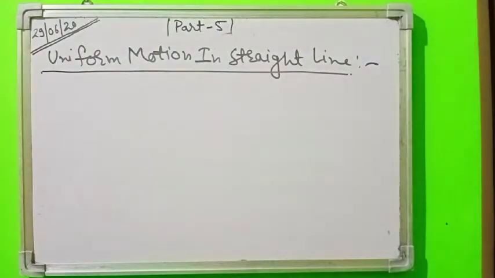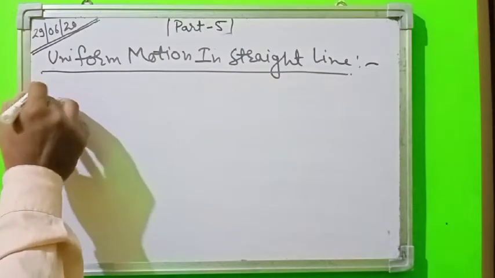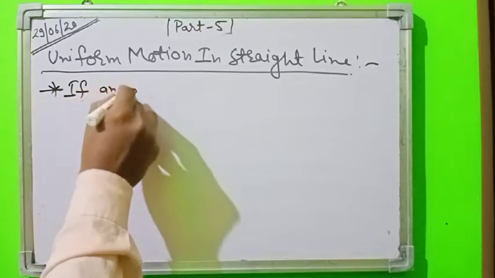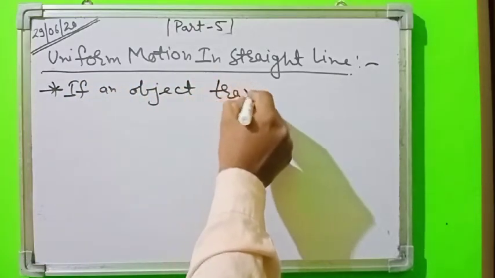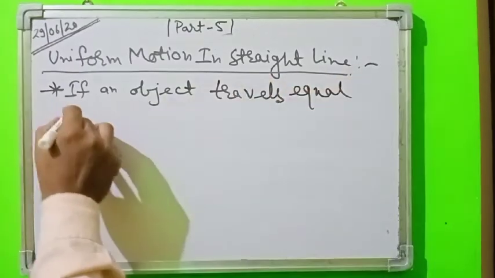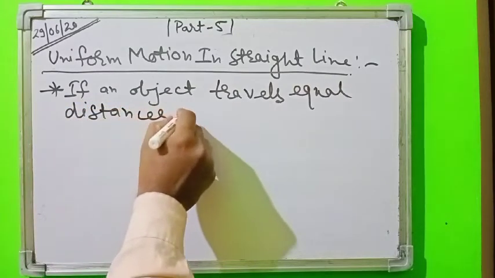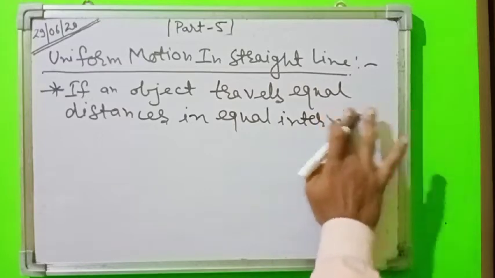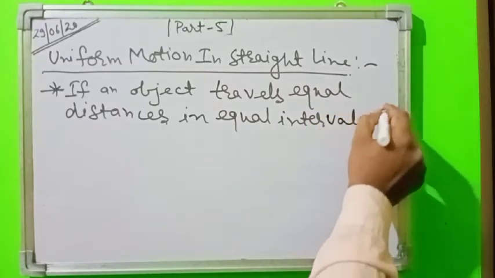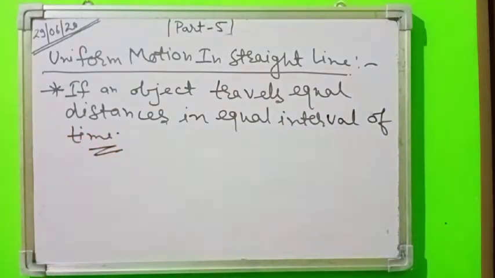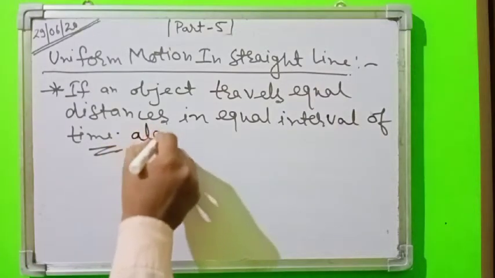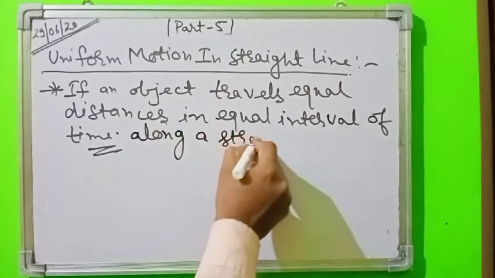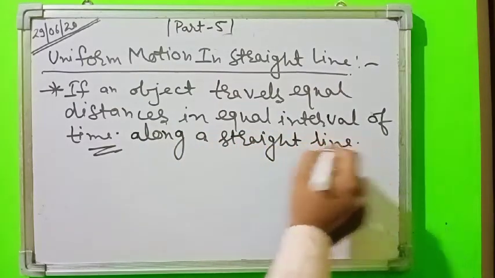Uniform motion in a straight line means that if an object travels equal distances in equal intervals of time along a straight line. For example, suppose